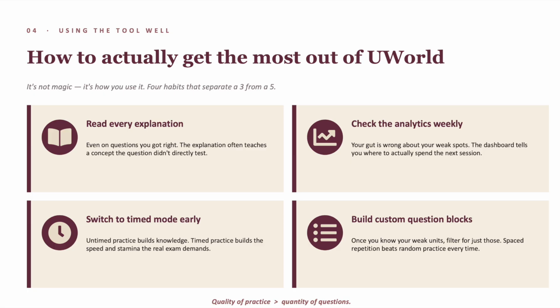And lastly, build custom question blocks so that it can help you filter out your weak sections and make your practice more targeted. Hope these guidelines help, and I hope you have all the resources you need to prepare for